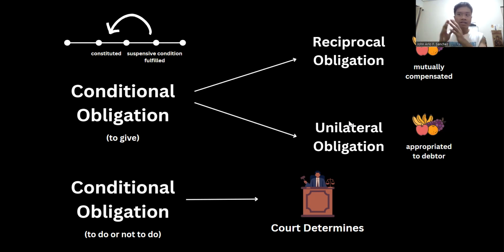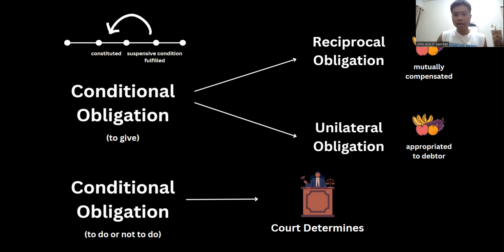So what happens then? This extra thing we call fruits. We say that it is mutually compensated. When you say mutually compensated, we assume that it's already part of the obligation. There will be no extra thing that you will have to give the gardener, because it's compensated already. So will anything change? No. We'll assume that the extra improvements in the garden were part of the transaction in itself.